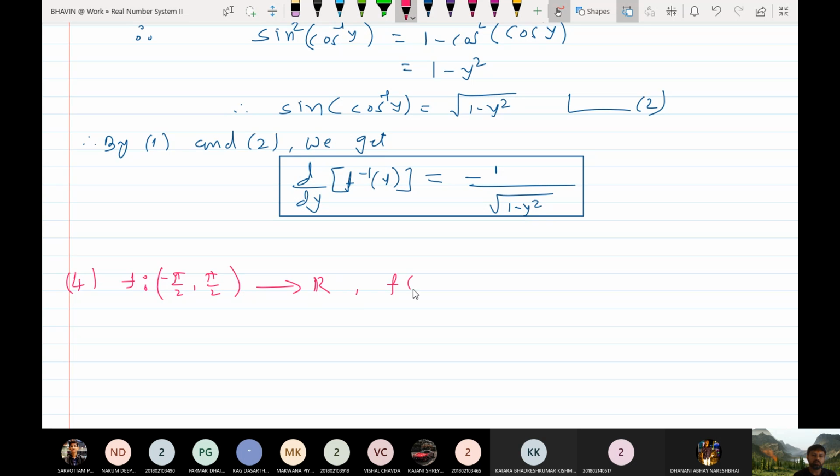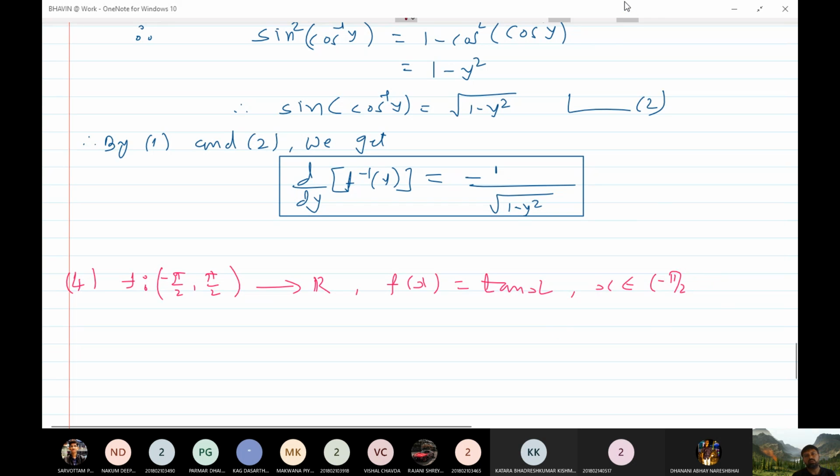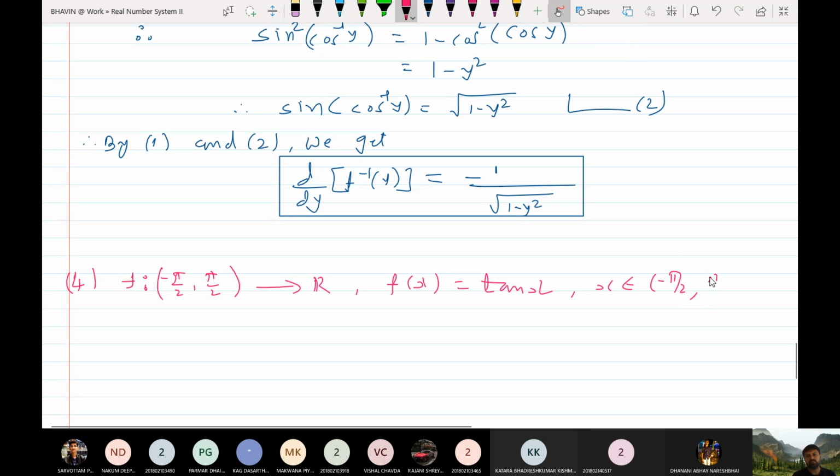What is the range of tan function? रेंज क्या है tan की? अभय, हाँ सर. रेंज ऑफ tan फंक्शन क्या है? R है. d by dy of f inverse y